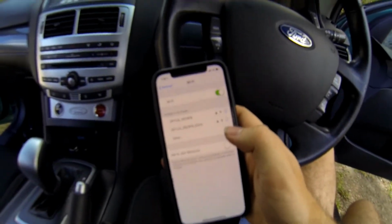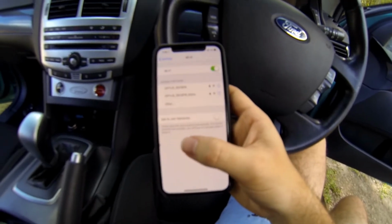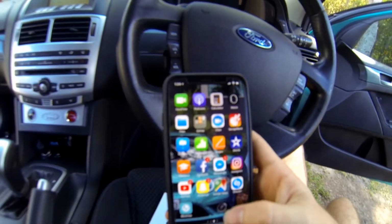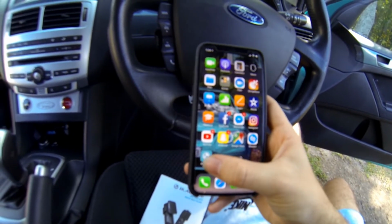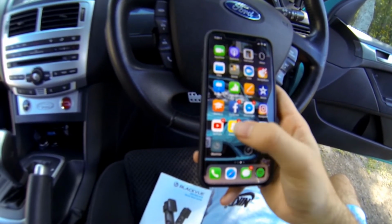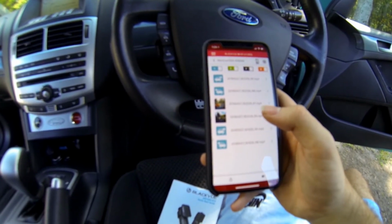Alright, so it's recording now, so just in case Max decides to crash into me, then we're recording right now. Sweet. Alright, so now we have the app installed right here, and I've also connected it to the Wi-Fi that the camera gives off. Alright, so now what we're going to do, I have no idea how to do any of this, so...